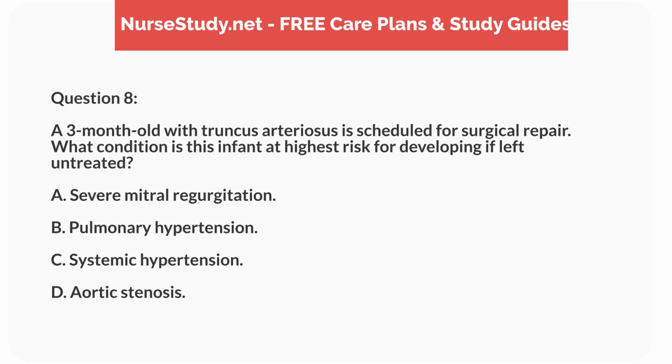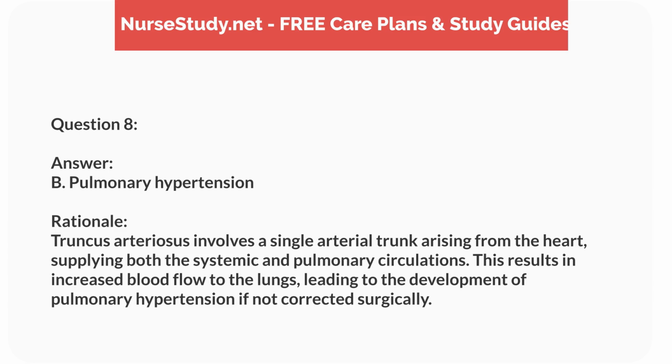B. Pulmonary hypertension. C. Systemic hypertension. D. Aortic stenosis. Answer: B. Pulmonary hypertension. Rationale: Truncus arteriosus involves a single arterial trunk arising from the heart, supplying both the systemic and pulmonary circulations. This results in increased blood flow to the lungs, leading to the development of pulmonary hypertension if not corrected